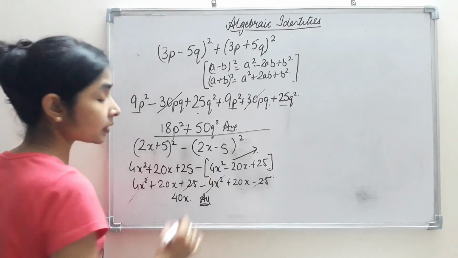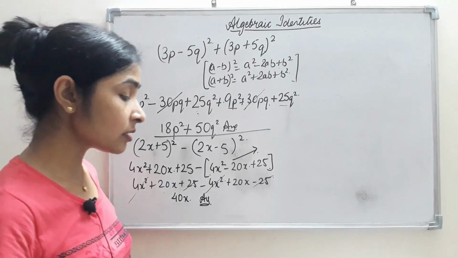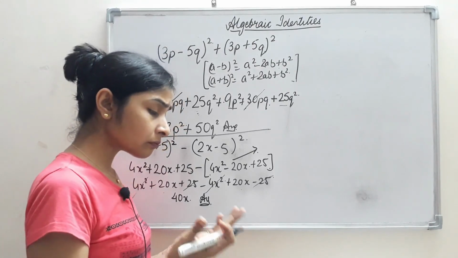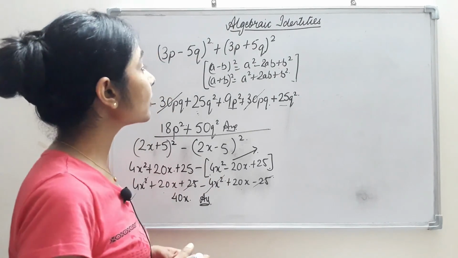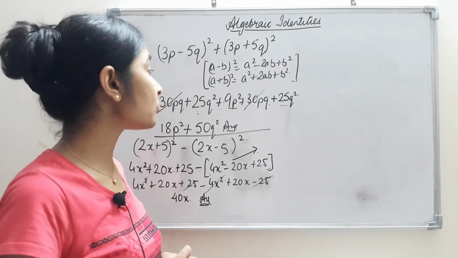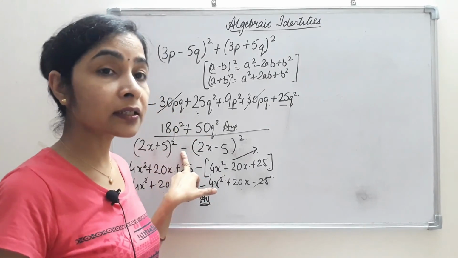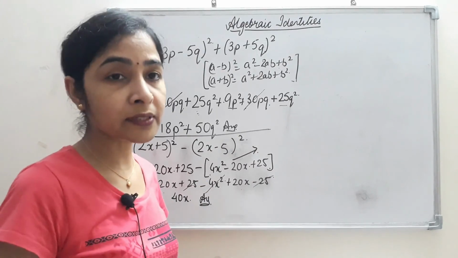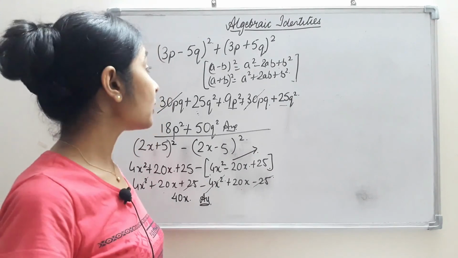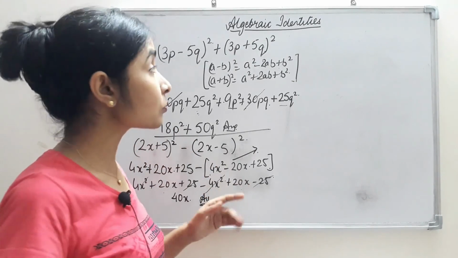So these are the questions where we are using those identities as well as doing subtraction and addition with them. But the only thing is, take care: when we are having the negative sign here, then we are supposed to change the signs of the terms which are in the second bracket. I hope you understood the 4 identities and their uses very well.